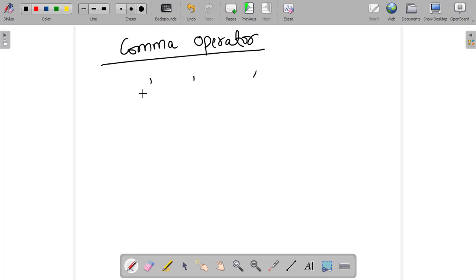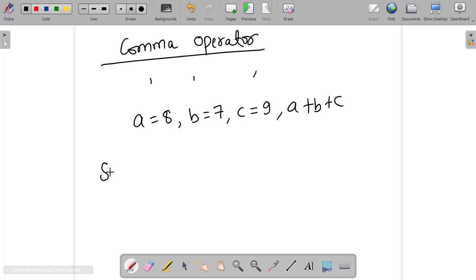Like if we consider A equal to 8, comma, B is equal to 7, C is equal to 9, and then we can write A plus B plus C. So these statements are separated via comma. So this is the comma operator. So we can write sum equal to this.